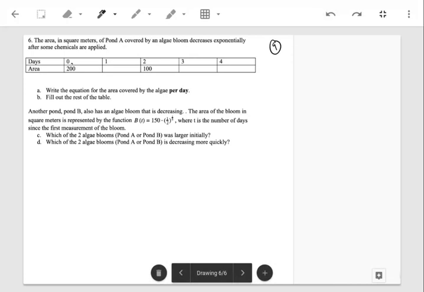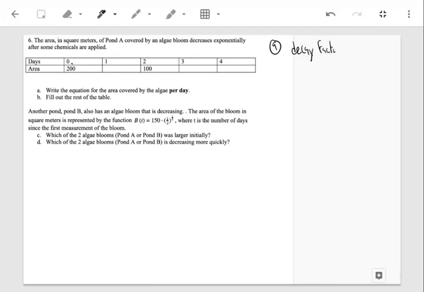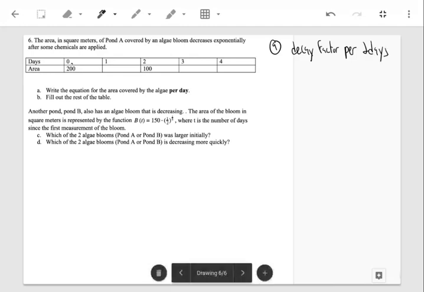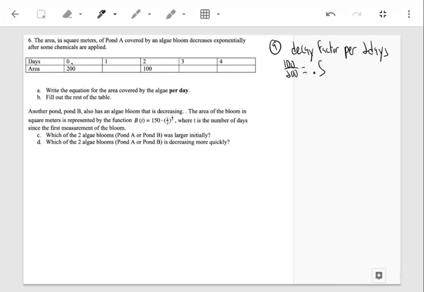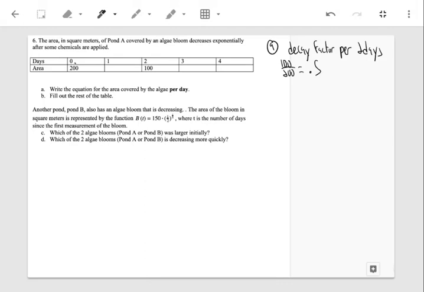my initial value would be 200. My decay factor per 2 days would be a half, right? Because 200 to 100 is halving, all right? 100 divided by 200 is a half. So my decay factor per 2 days is a half. So my equation